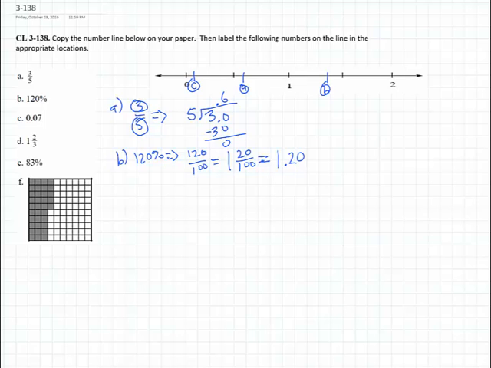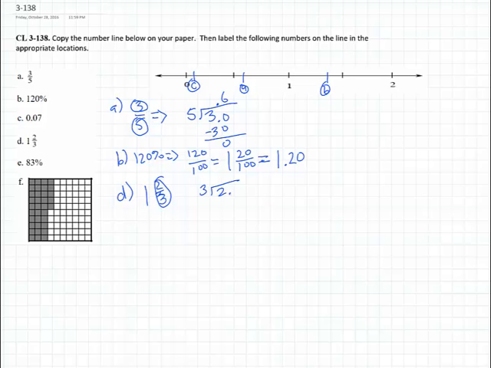Okay, finally, D we have 1 2/3, and this is a little difficult. We are going to look at the 2/3. Okay, we have one whole, so we're not going to bother looking at that right now. We have the 2/3 we have to convert to a decimal. Okay, so again, it's out of 3 parts. We'll divide it into 2.